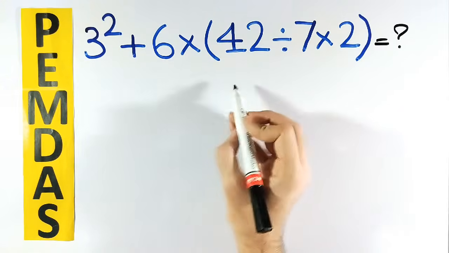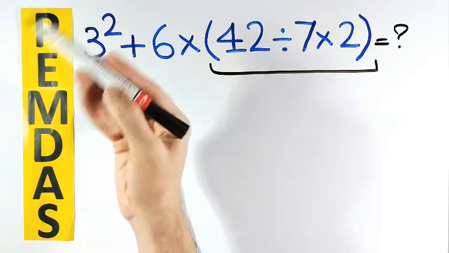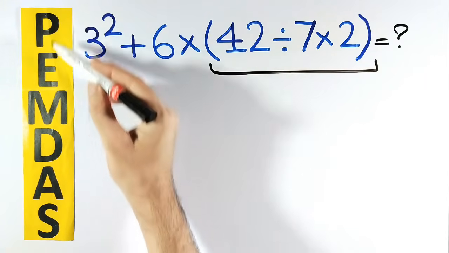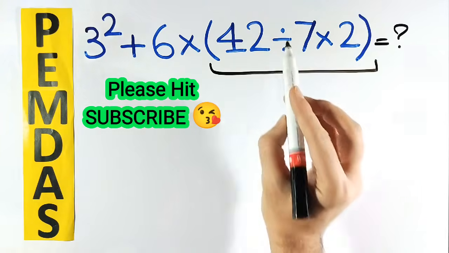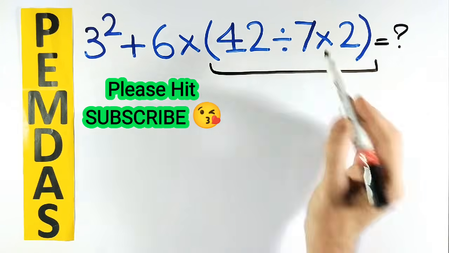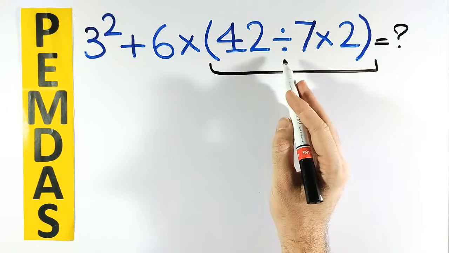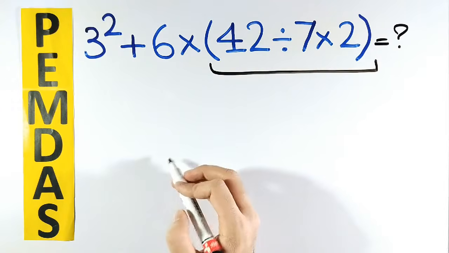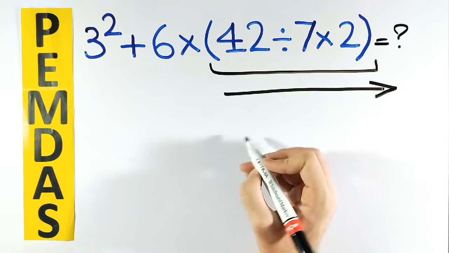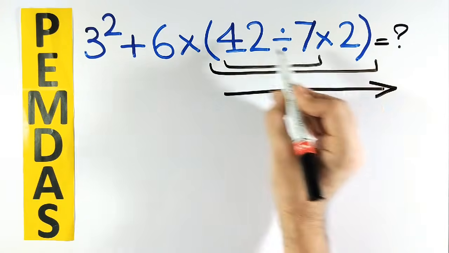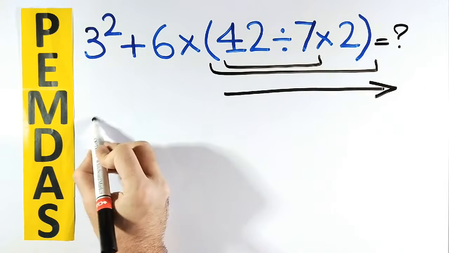According to the PEMDAS rule, first we go for the expression inside the parentheses, because P or parentheses have the highest priority than the other operations. And inside the parentheses, first we have a division sign, then a multiplication sign. It's really important to understand that multiplication and division are at the same level of precedence, and we must perform these two operations from left to right. So, first we go for the division between 42 and 7, and instead of this expression, we can write 3